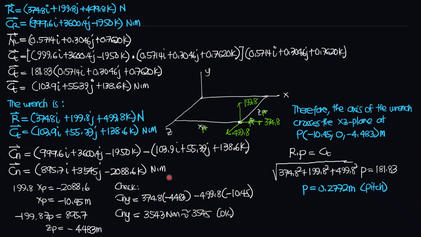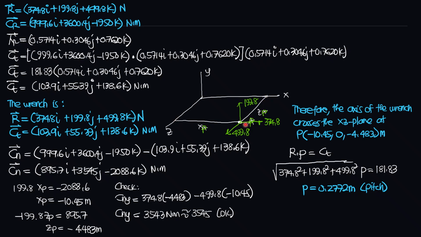We can now compute the x component and the z component because we are asked to determine the point of intersection between the axis of the wrench and the xz plane. So that means y is 0 there. So if this is the x, the y, and the z axis, then this is the point where the resultant force acts, and I'll call that P. So this is point P. The components are respectively as shown. Then this distance is xp and that distance is zp.